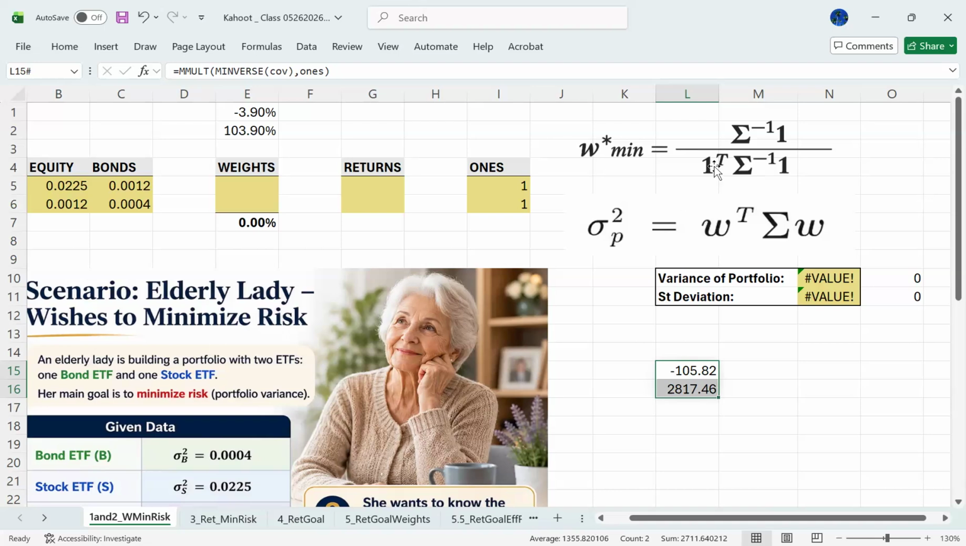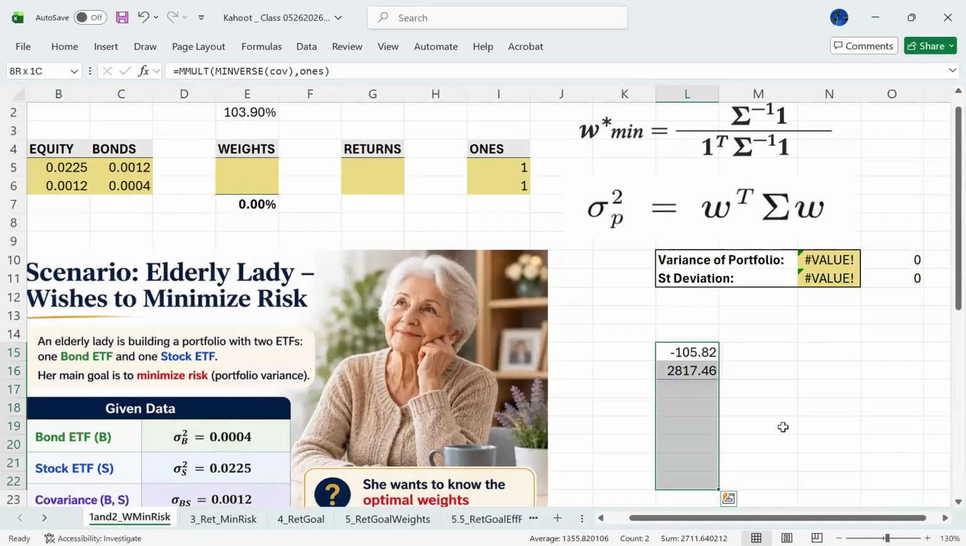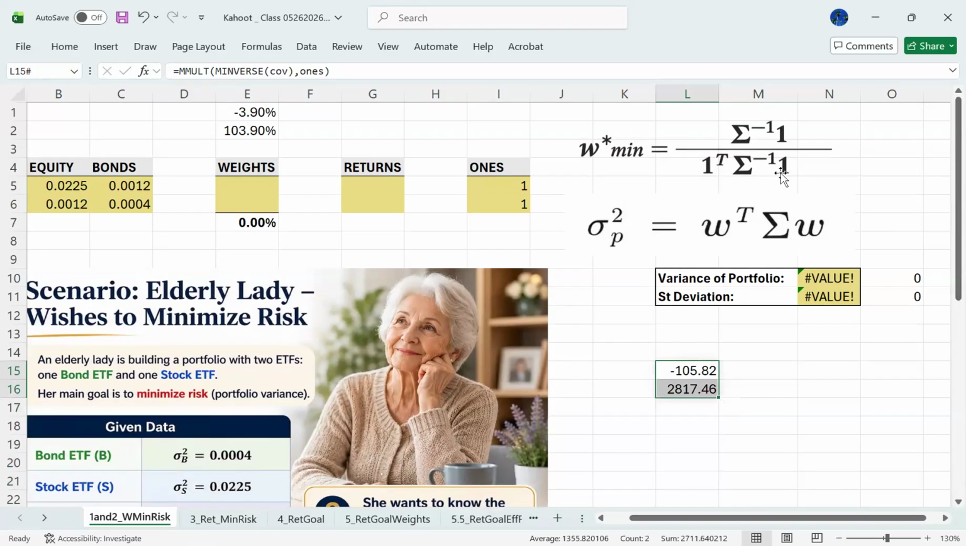Multiplying these by the 1 transpose, effectively what we are doing here is adding up these two values. If we had a larger matrix, we would have more values. Here we only have equity and bonds, so we only have two values. But the denominator, in short, what we're doing is adding them up. So we can get the denominator either by following this entire expression. We will do that, but that is the same as, okay, let's just add